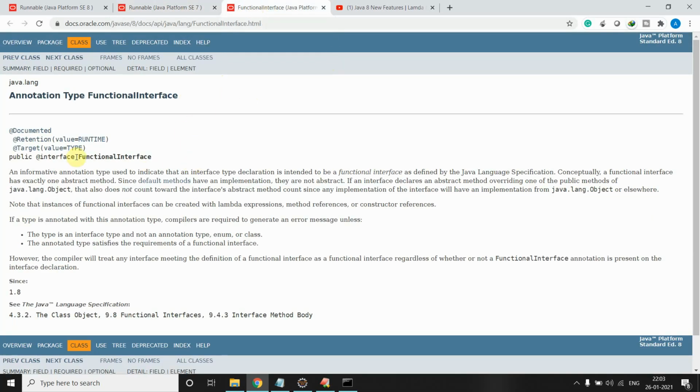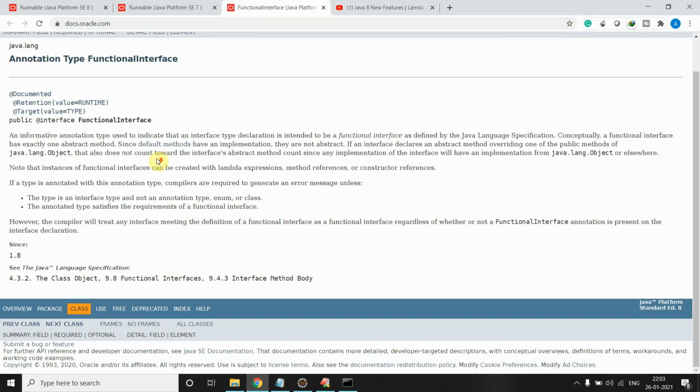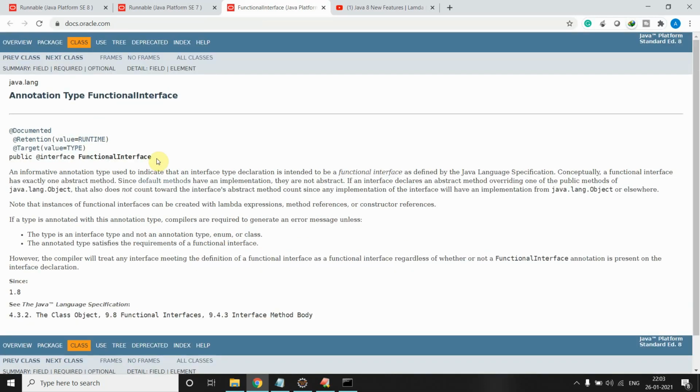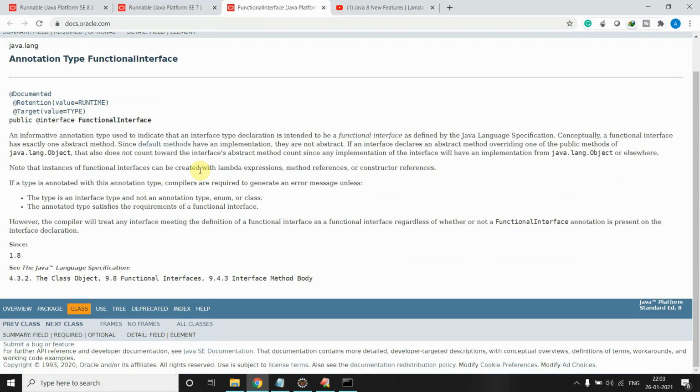If you can see here, FunctionalInterface, the annotation. I have written run, and this FunctionalInterface annotation is present too.